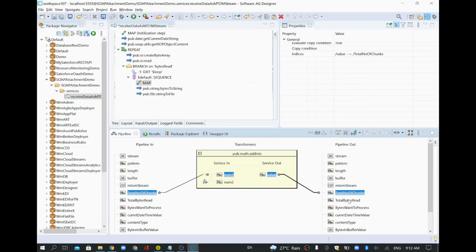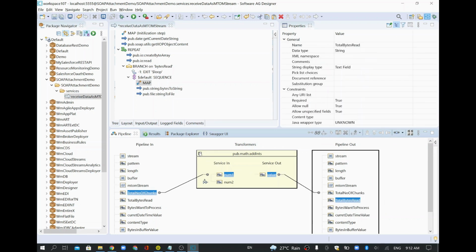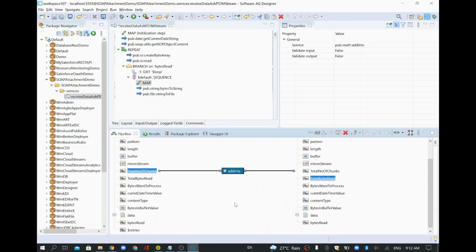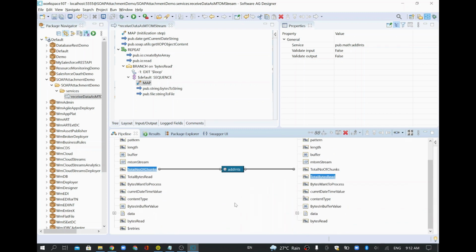Similarly, you have total number of bytes read. So initially we kept that as 0, and then when you read you will get only 100 KB because that is what we gave in the length. So for the initial first 18 files we will get 100. The last one alone we will get as 816, correct? So that value it will come. So I'll just add those bytes. So here I'm going to add one more addend.